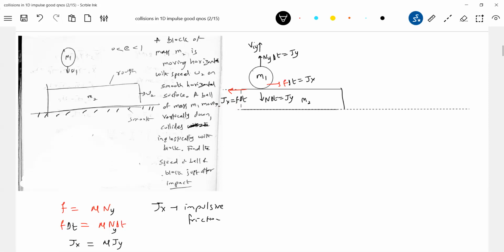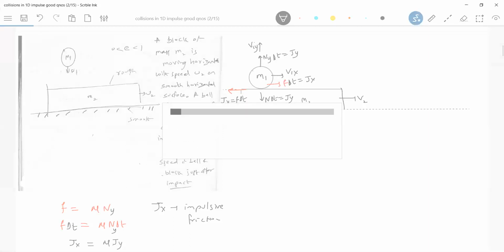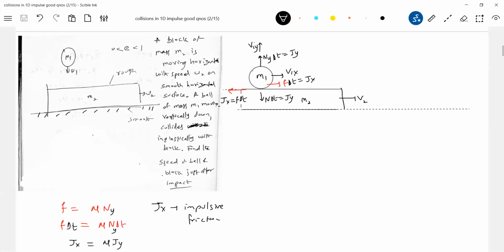Now, as a consequence of this, what should happen to the plank? It will have some reduced velocity. Earlier it was u2, no? Because an impulse acted opposite to its motion, v2 will be less than u2. Then because of this Jx, the ball will also acquire a horizontal component of velocity. It starts moving in a plane. What about the plank? It will move with a reduced speed. Okay, let's come back to one by one.